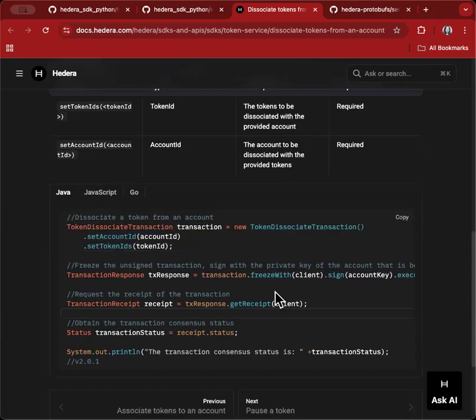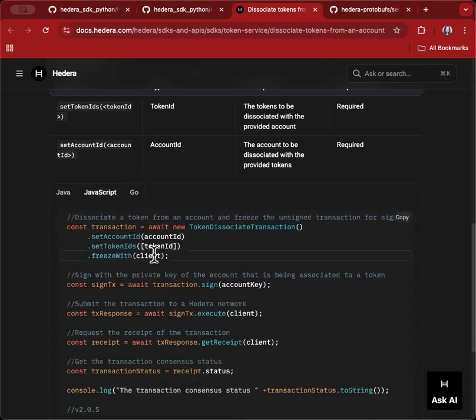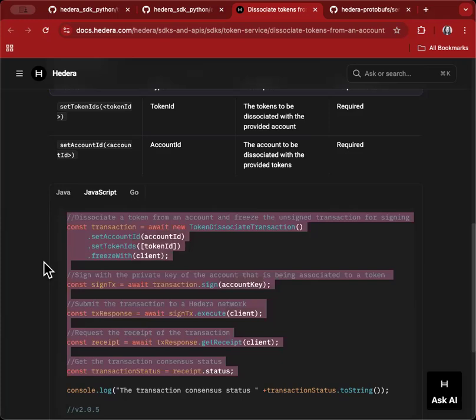This section here is useful, but not that useful in the sense that these are just examples of existing SDKs and how they are requiring you to interact, but it could be interesting to take a look at it anyway, just to confirm your views. If, for example, we thought, okay, it's going to require an account ID and a token ID to be able to dissociate a transaction, and you're also going to have to sign with the private key. So here they're doing some kind of signing. If you're familiar with JavaScript, you can see that too, you're signing. So maybe you can use this as a confirmation, but you have to write this